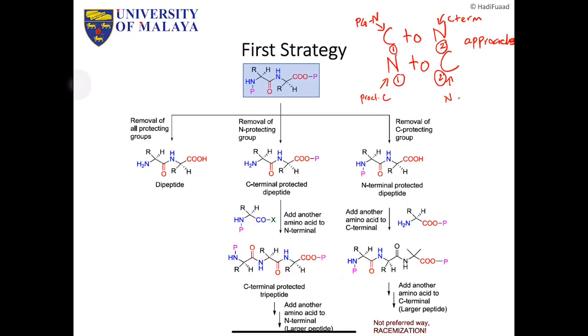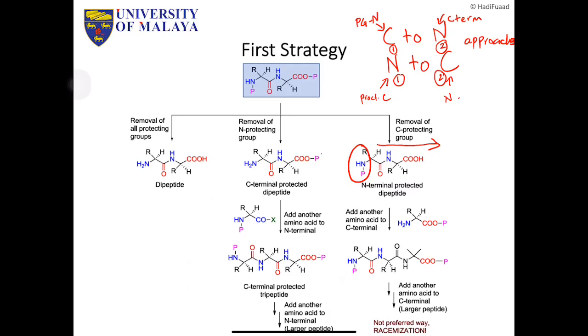You can either grow it like this, C terminal protected dipeptides, N terminal protected dipeptides. Right, so you can see the N terminal is always protected, and then you grow it that way, right? So this one is what I call N to C. Okay, for the other round,